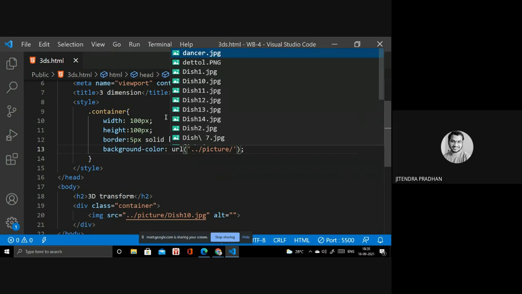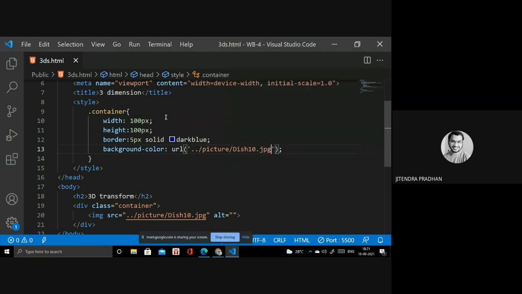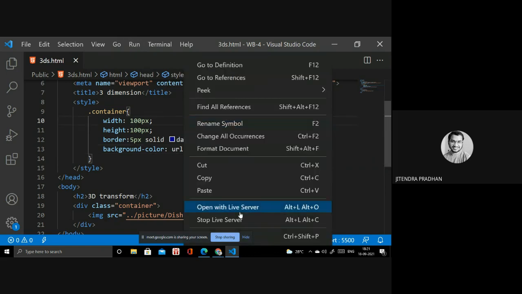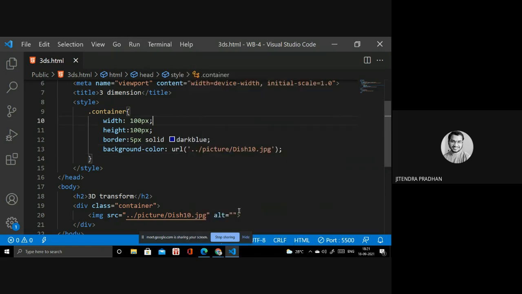We are giving the same picture because I will show you later why we need to give that same picture two times. Let's see what I will code inside that. After that I will show you how it's working. If I open that in the live server, let's see how it looks.